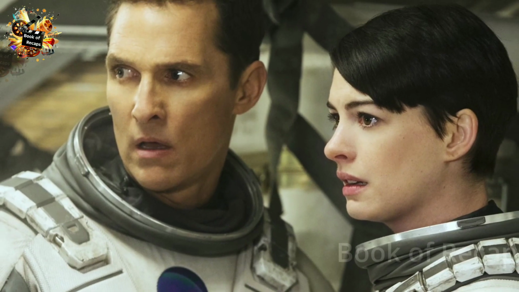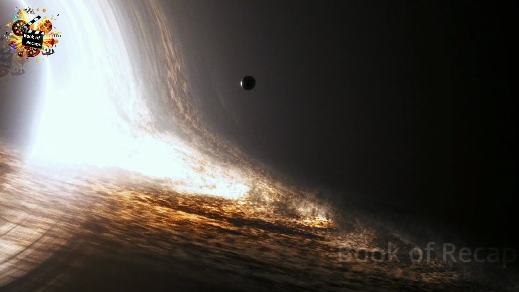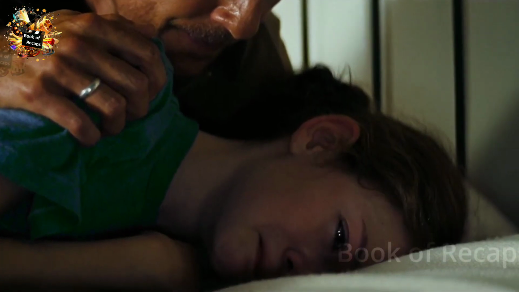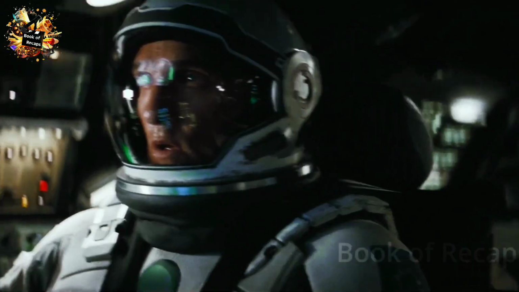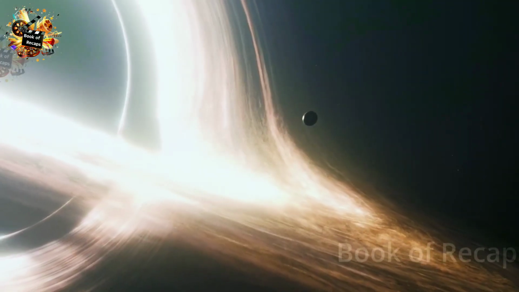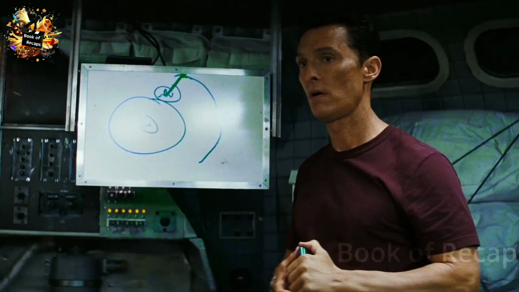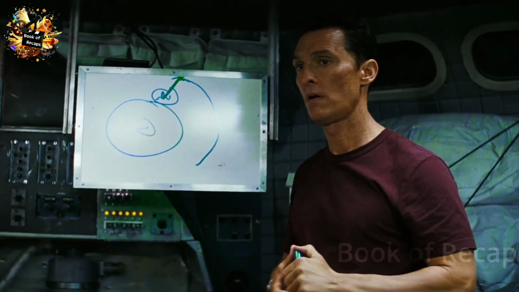Since Cooper is NASA's ancient pilot, Dr. Brand requests him to take command of the Endurance mission. He agrees to this, which makes his daughter Mer angry with him. Anyway, now he leaves for the mission. He travels through the wormhole and reaches near a black hole called Gargantua, on the outer edges of which those 3 planets are present, from where NASA was still getting beacon signals.